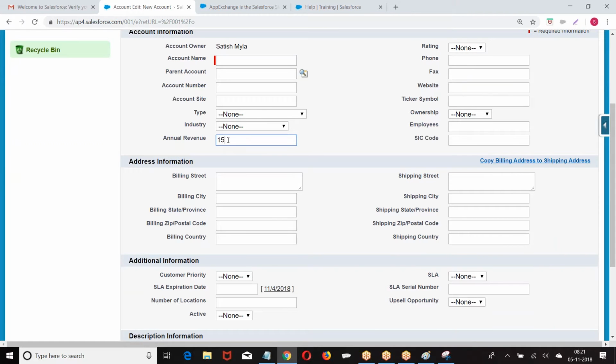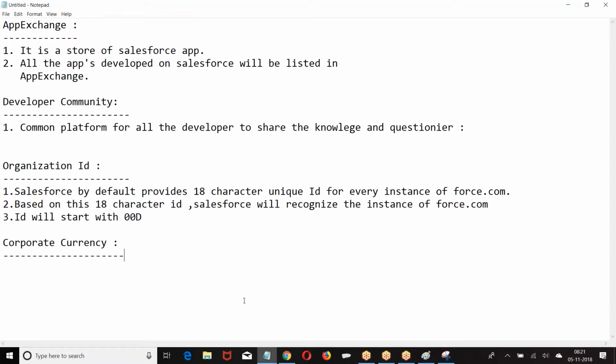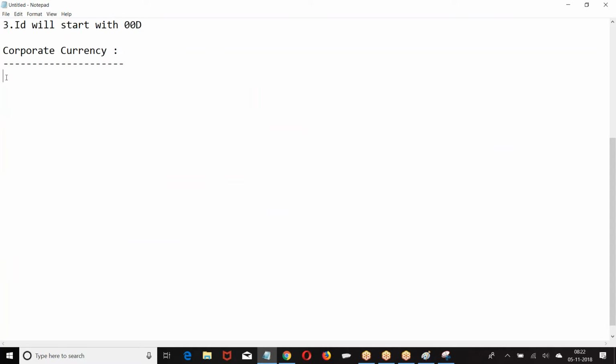I gave, is it $15,000 or rupees or euros? What is the currency format of your company? That is represented as corporate currency. The format in which your revenue or the currency is represented is called corporate currency. So what was this? Corporate currency. Format of the currency.